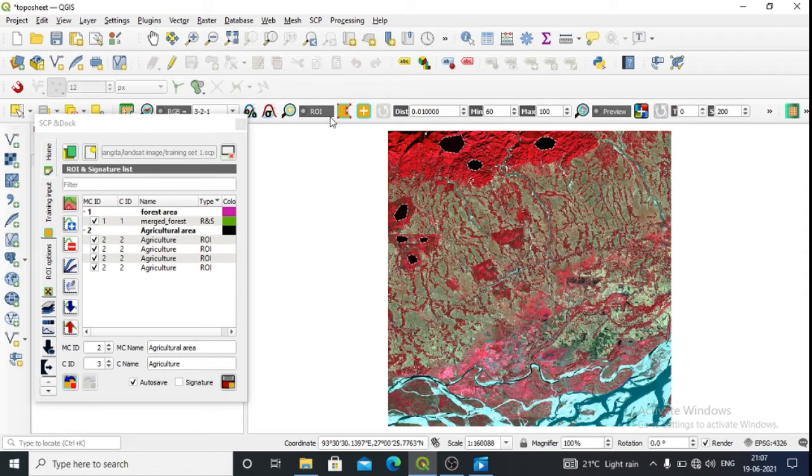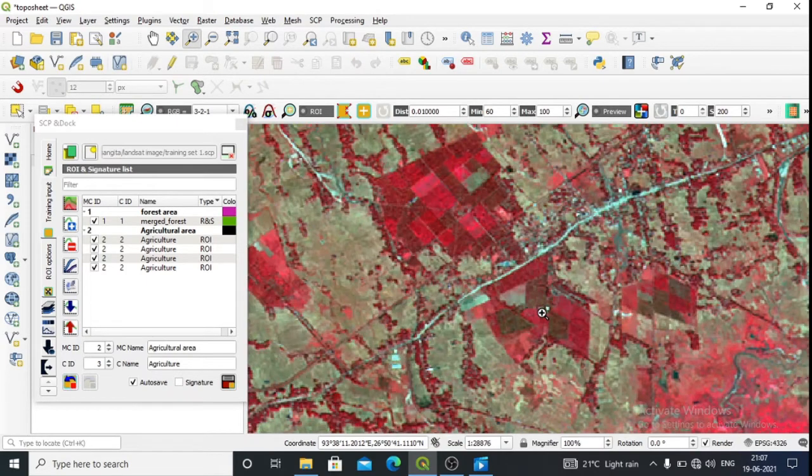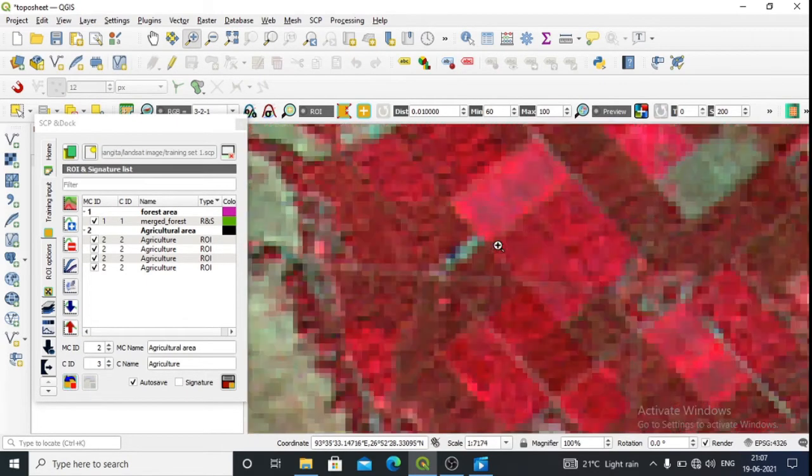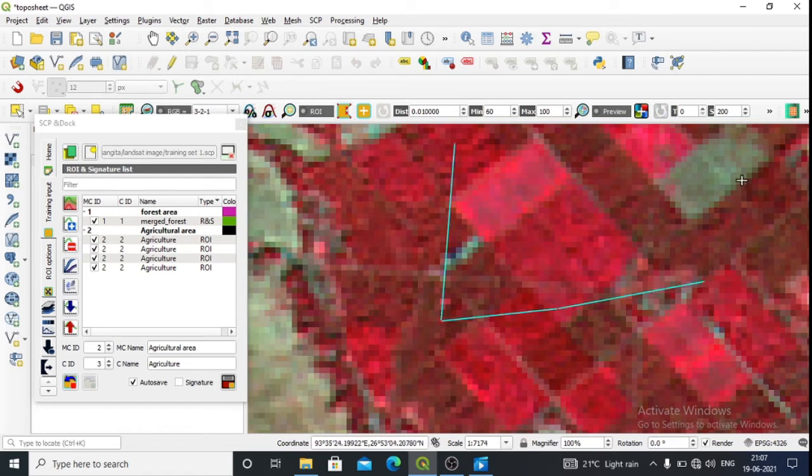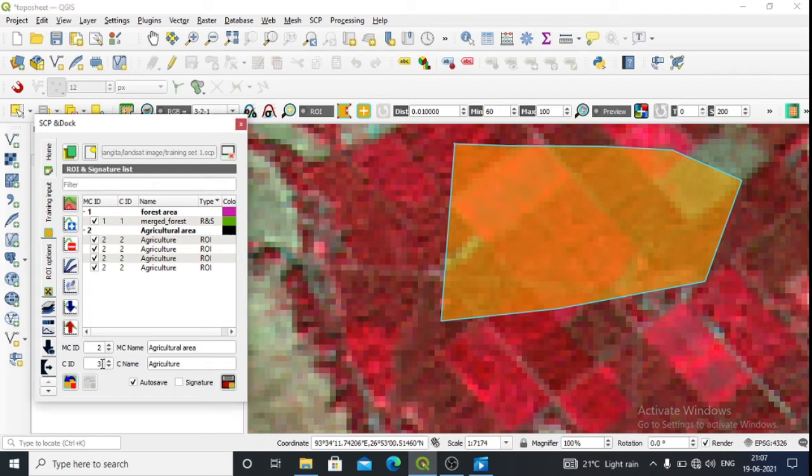So here also we'll be adding the polygon in this area. This is 2.